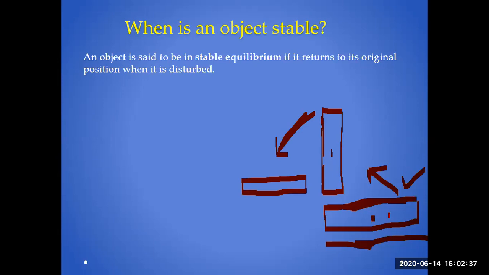I'm repeating again. If you apply force on this book laying at this position and remove it, you have changed its position, you have raised it. If you remove it, it comes back to the initial state. This type of equilibrium is called stable. But when you apply a force and the body was laying vertically, like a pencil or any other object, and you remove the force, the body is not regaining its original state, then this type of equilibrium is called unstable equilibrium. The third one is the example of a cone.